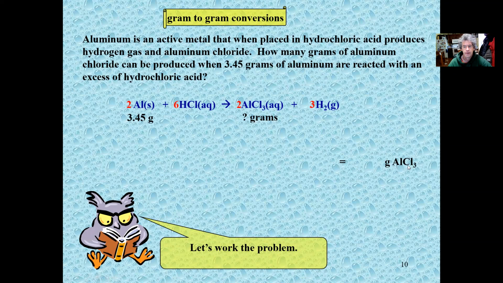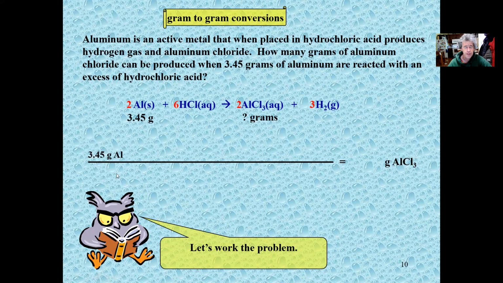So here's our want, grams of aluminum chloride. And you can do it with a line breaking into blocks, or with a little line and then little multiplication signs. But here's our have. So we start with our have, 3.45 grams of aluminum,